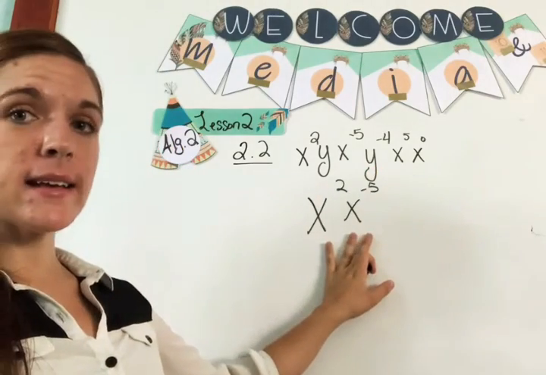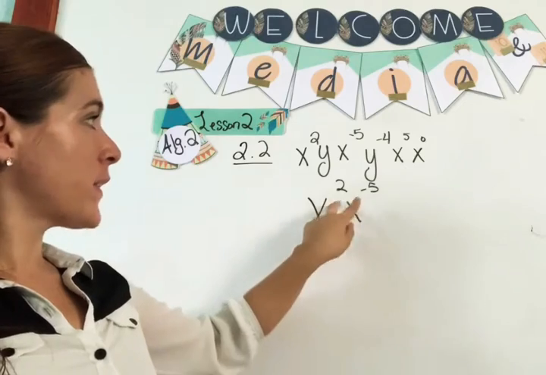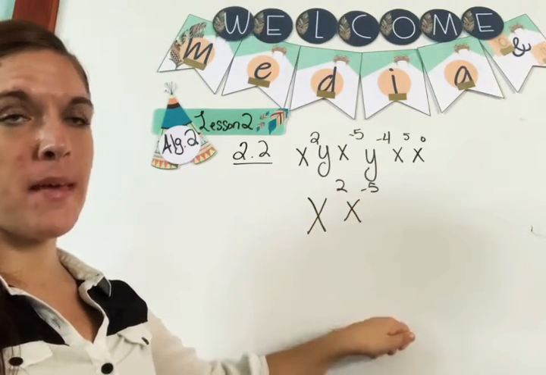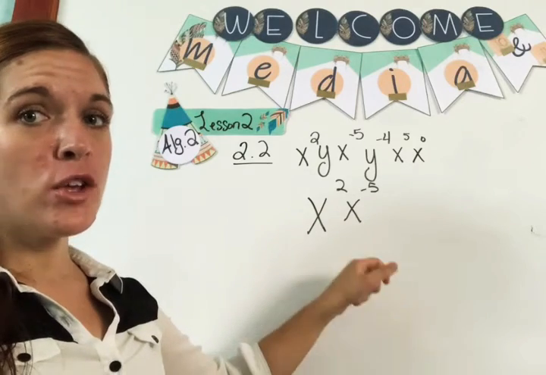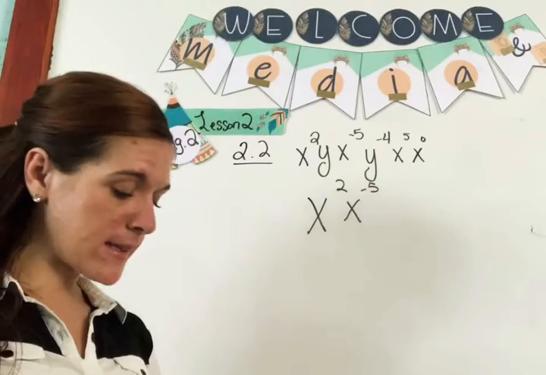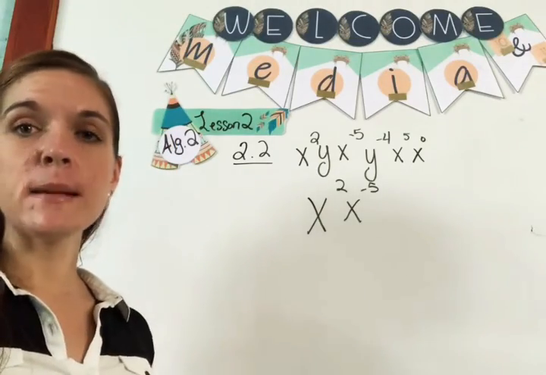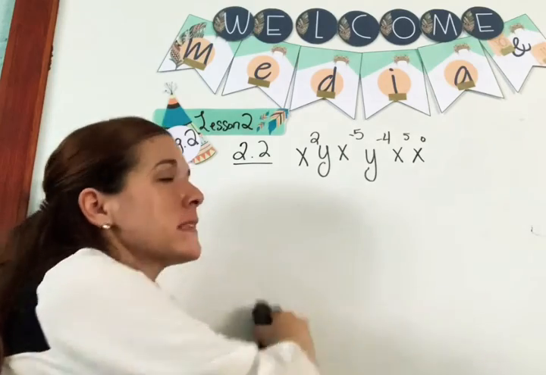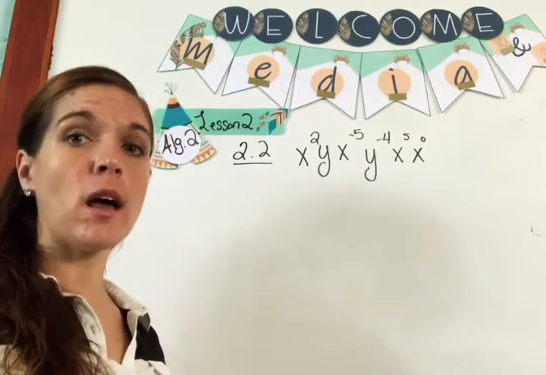X and x is the same base, but you have different exponents. What are you going to do with those exponents? You're going to add them, okay? So when you see the same base, you're going to add those exponents. So when it says in example 2, simplify, you're just adding the exponents of x and adding the exponents of